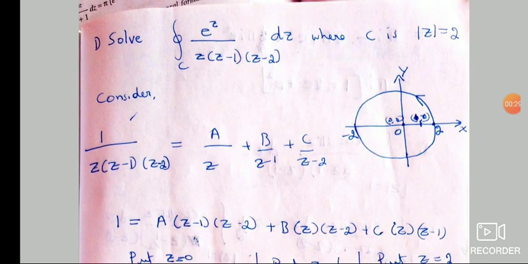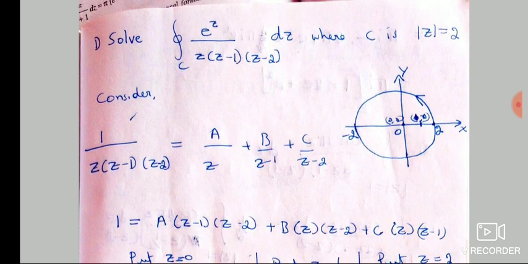So first, what is the curve here? The curve is given by modulus of z is equal to 2. Modulus of z is equal to 2 represents a circle in the Argand diagram. You know the Argand diagram, right? Where the y axis has imaginary numbers and the x axis has real numbers, centered at 0, 0. Modulus of z is equal to 2 means a circle centered at 0 comma 0 with radius 2. Okay.